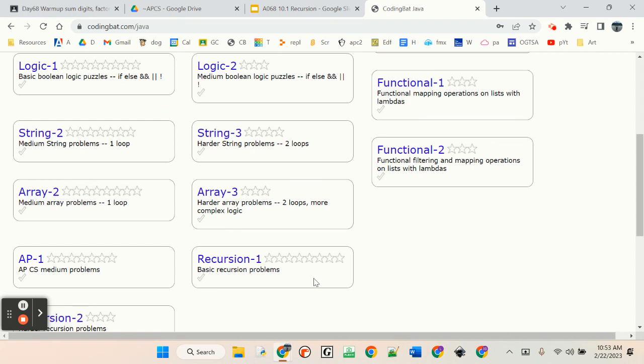I'm not going to log in, because if I did, then all the answers would be there. So I'm going to also stop